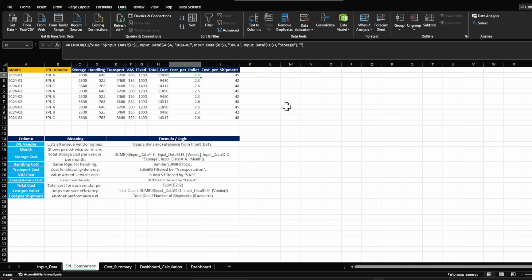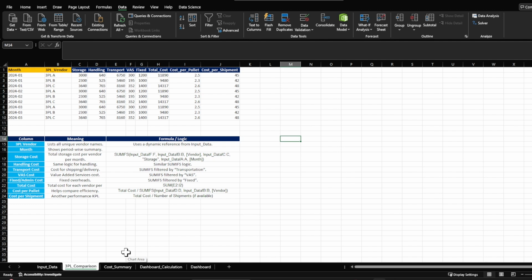And here the goal is to analyze which vendor is providing you the best price, so that going further you can save your money in terms of shipping analysis and shipping budget. So moving ahead, this is how you are going to compare your vendors, and then you will be creating a cost summary. This is by vendor, but overall,